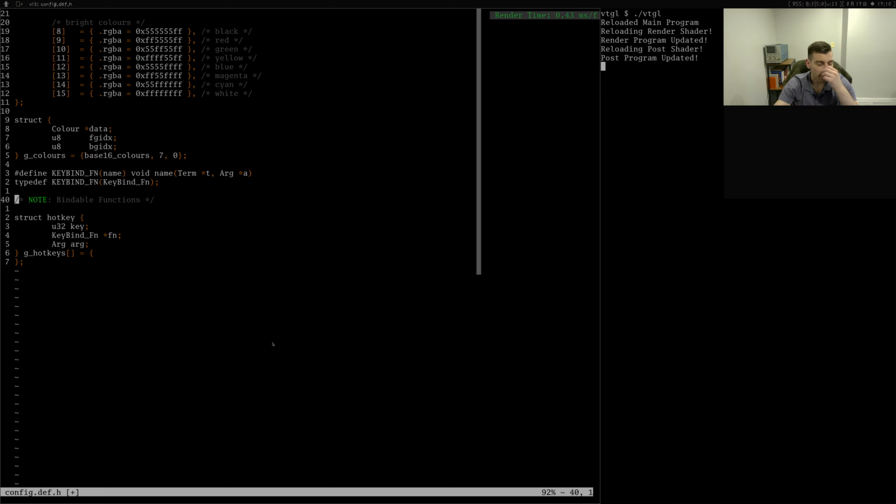So I think we're gonna start with the font resizing. So we'll just define a little keybind function zoom. And we'll put this over here somewhere. Arg dot i. It's going to be a font size increment, which can obviously be negative. And then in here we're gonna start doing these. So